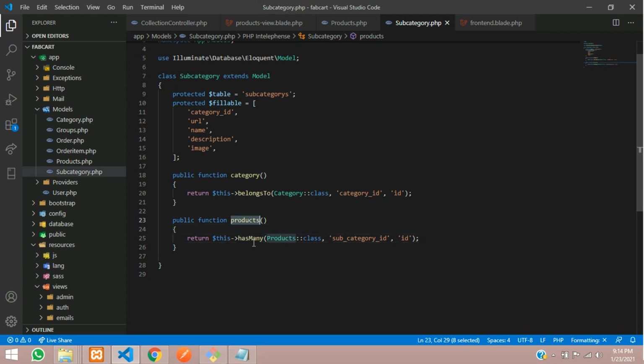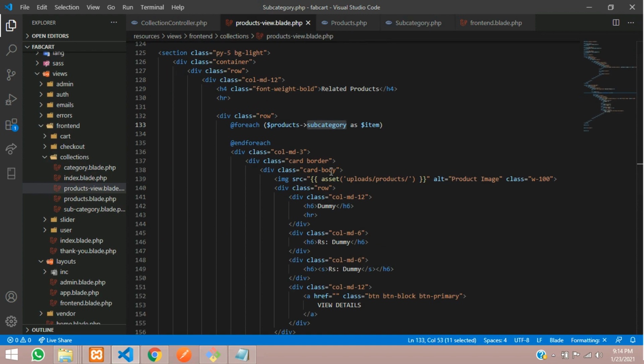So let's copy this name products function and let's go back to our view page and send again. So we are using relationship into relationship. Okay, and let's call this as item, and inside this item you are going to call the data. So that data will be, first we will execute with the name because this is product table. Okay, so inside the product table whatever the data has come inside this item now. So let's call $item of name. So in products table we have given the name.